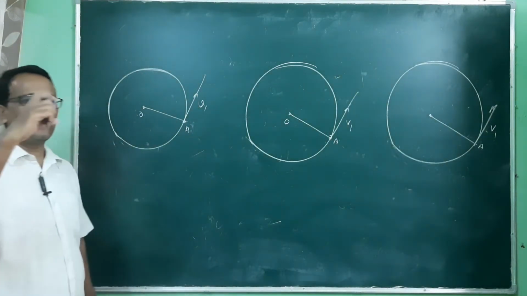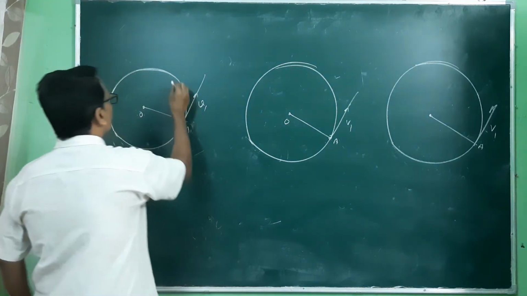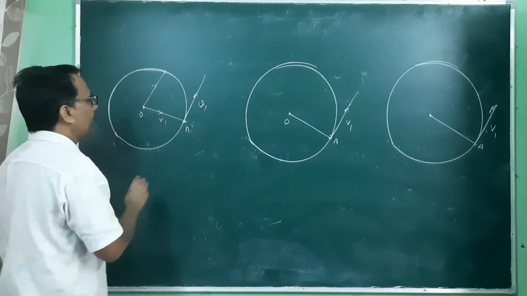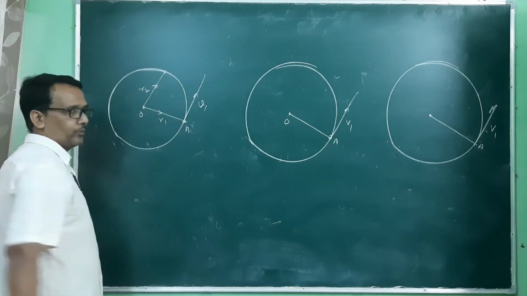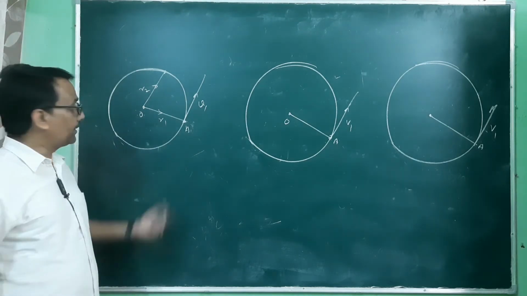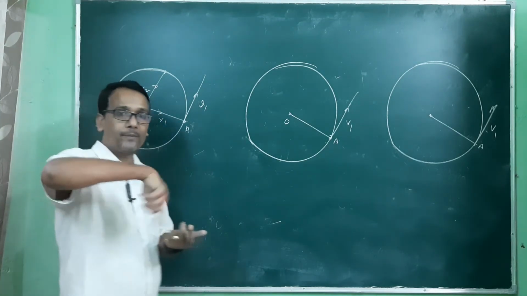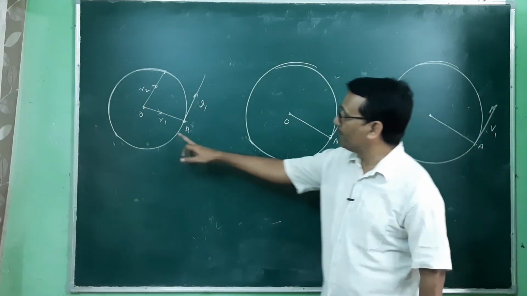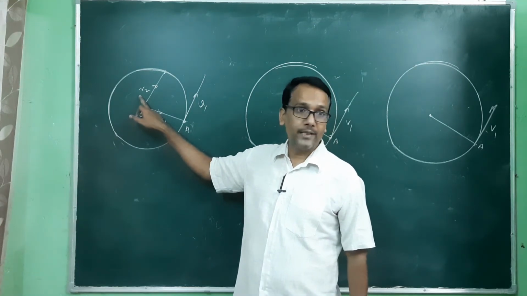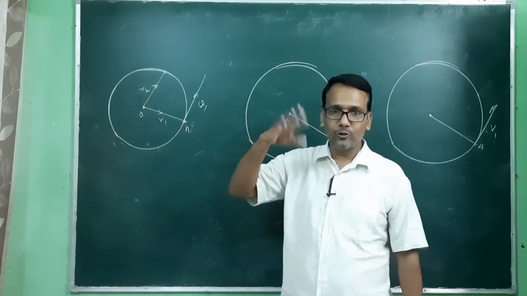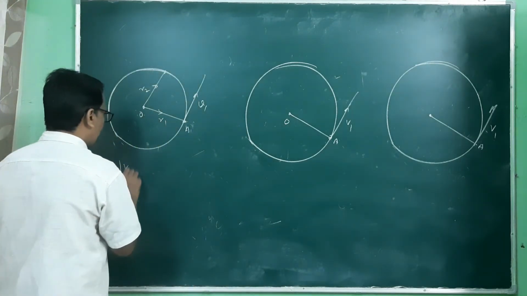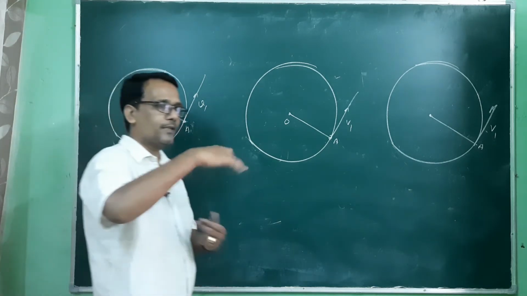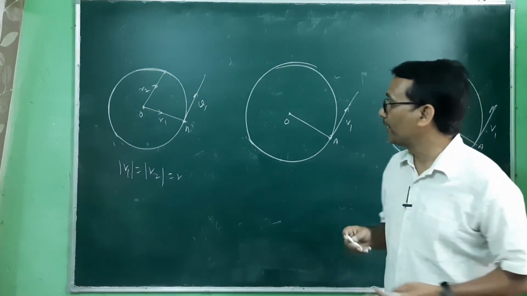Just I am trying to reduce its time. So this is the second point. So this is R1 and this is R2 because of change in direction. Again the magnitude is same. Circular path है तो magnitude same रहेगा, but we are showing that in form of vector. So in form of vector we are showing, then this will be R1 and this is R2 because of change in direction. Remember this. But the magnitude of R1 and R2, one can write this magnitude of R1 is equal to R2. Yeah, identical. But because of change in direction, this can be denoted into different vector forms.